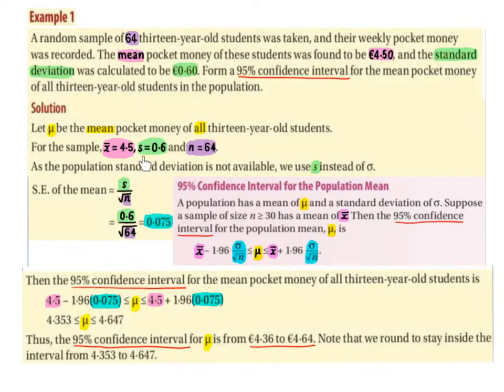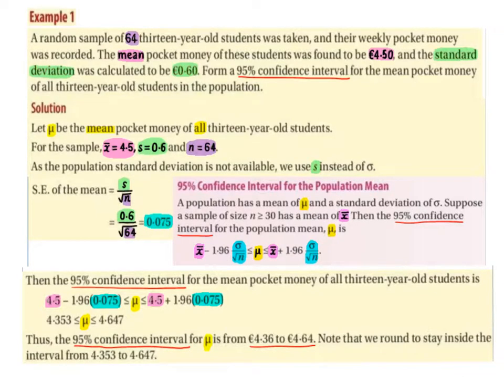As the population standard deviation is not available, we use S instead of the standard deviation. So the standard error of the mean is S divided by root n, which is 0.6 divided by root 64, which is 0.075. So again, we're going to use our interval, which is the mean is greater or equal to x bar minus 1.96 multiplied by the standard deviation over root n, and x bar plus 1.96 multiplied by the standard deviation over root n. Now remember, we don't have the standard deviation, so instead we use S,